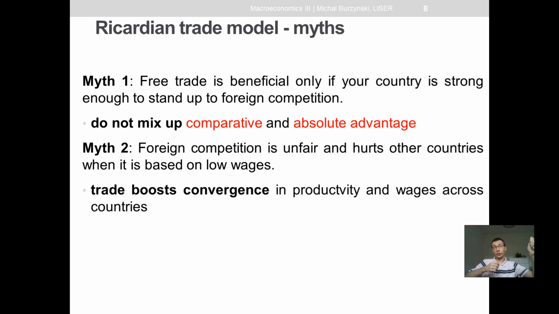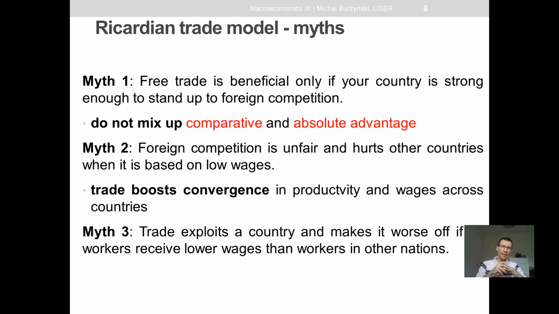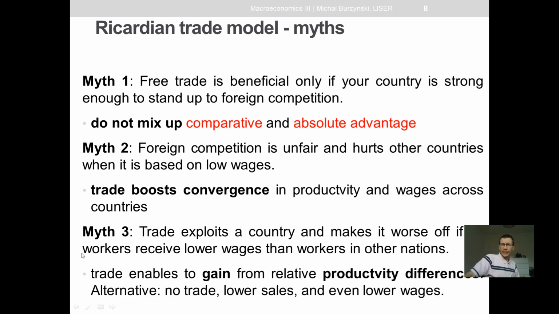Those countries, thanks to international trade, will be able to converge in terms of productivity over time. And the third myth related to those concepts of comparative advantage is that trade exploits the country and makes it worse off if the workers of this country receive lower wages than workers in other nations. So this statement is somehow related to the previous one, but once again, it